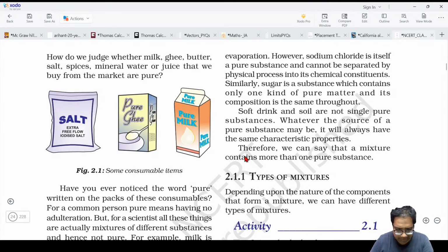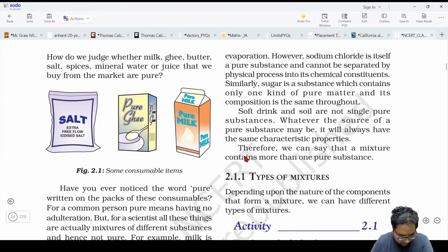Okay. Just read it. How do we judge whether milk, ghee, butter, salt, spices, mineral water, or juice that we buy from market are pure? Have you ever noticed the words pure written on the backs of these consumables? For a common person, pure means having no adulteration. But for a scientist, all these things are actually mixtures of different substances and hence not pure. For example, milk is